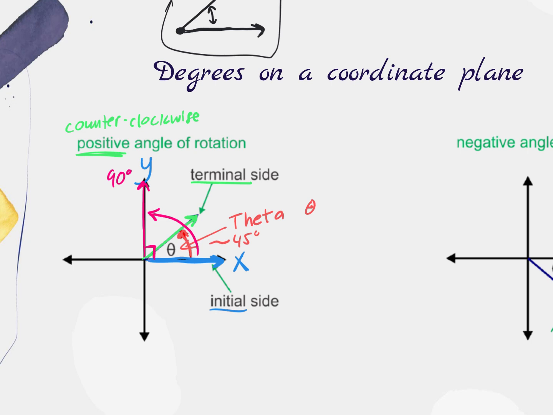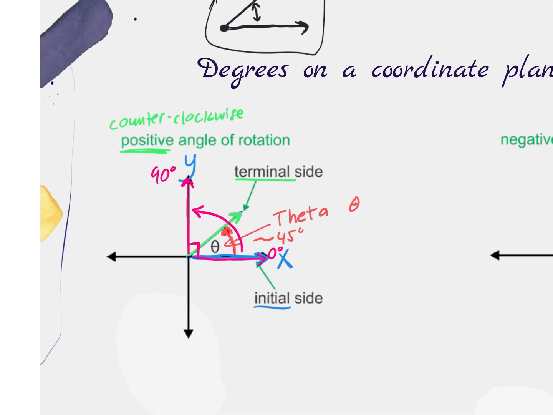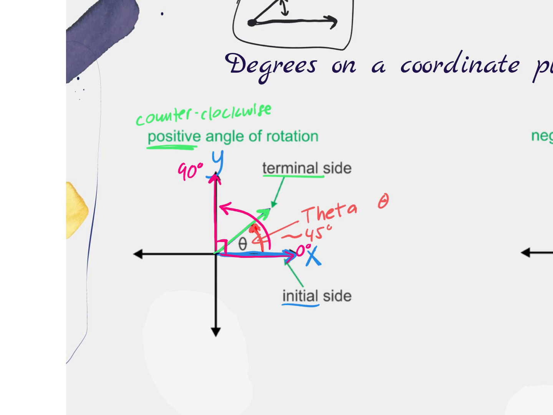So let's say we have an angle whose two rays are right on top of each other. That's going to be a 0-degree rotation. You're not rotating at all. You're always starting at 0 degrees. Now if you keep going a little bit further,